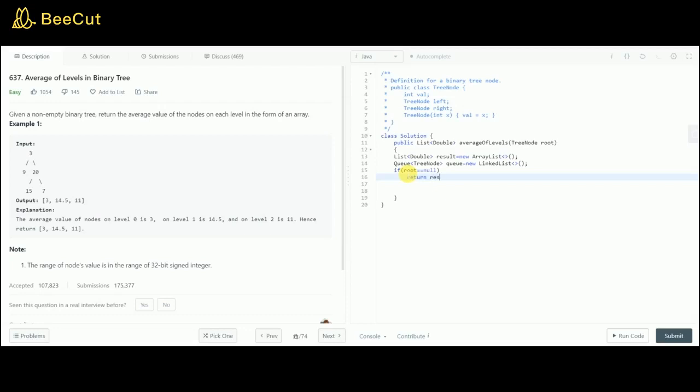Okay, so result is empty right now. Now first of all, we'll start the breadth first search from root. So we will have to add the root in the queue. While the queue is not empty, there will be this outer loop